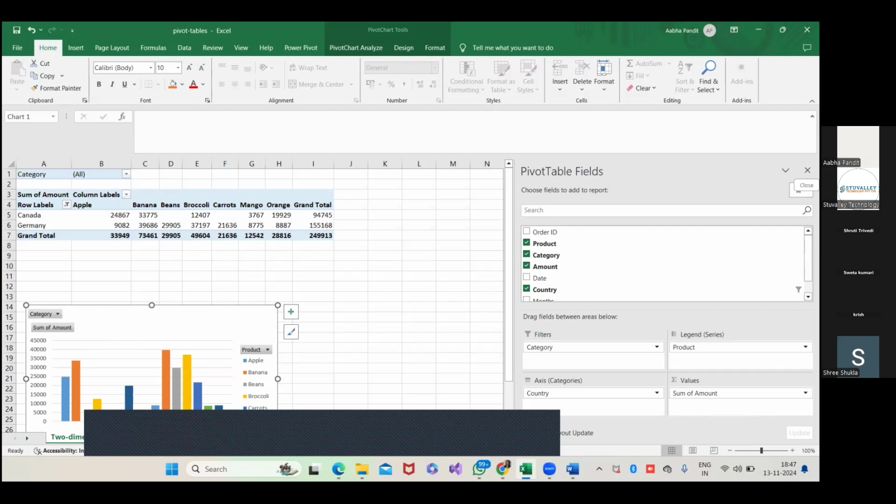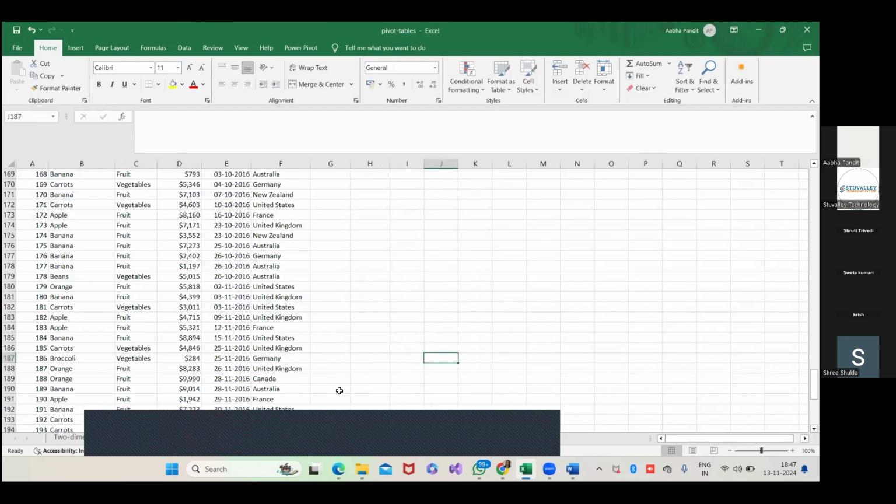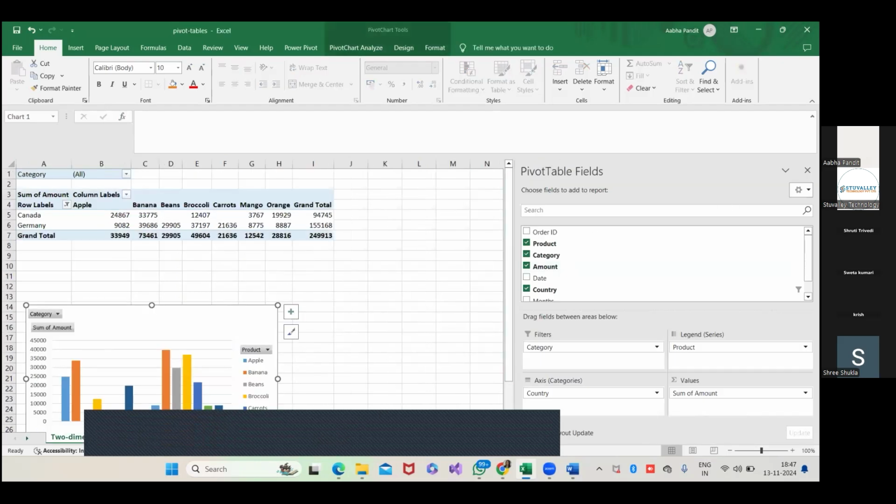So please try to do this as well. I'm again sharing this sheet. Not exactly the sheet, but try to do it on this data set, which I already shared. I hope everybody is comfortable and remembers the steps which I used. किसी को कोई steps को लेके concern है क्या?